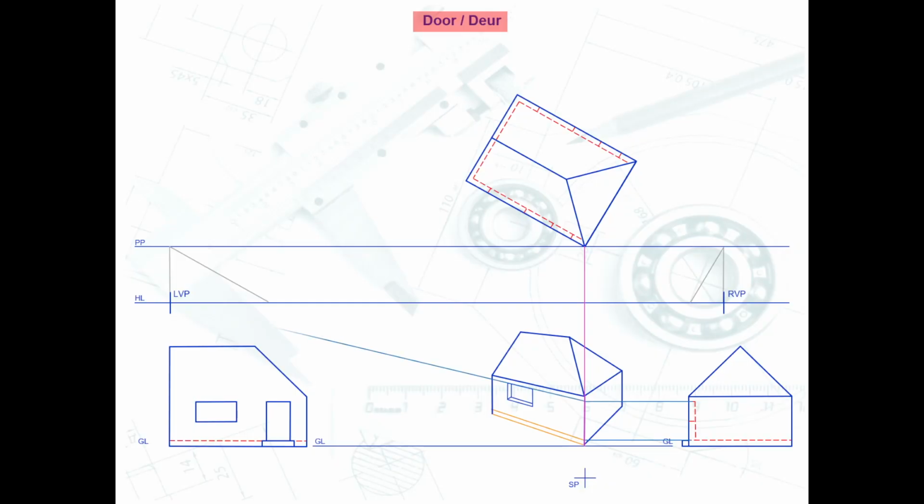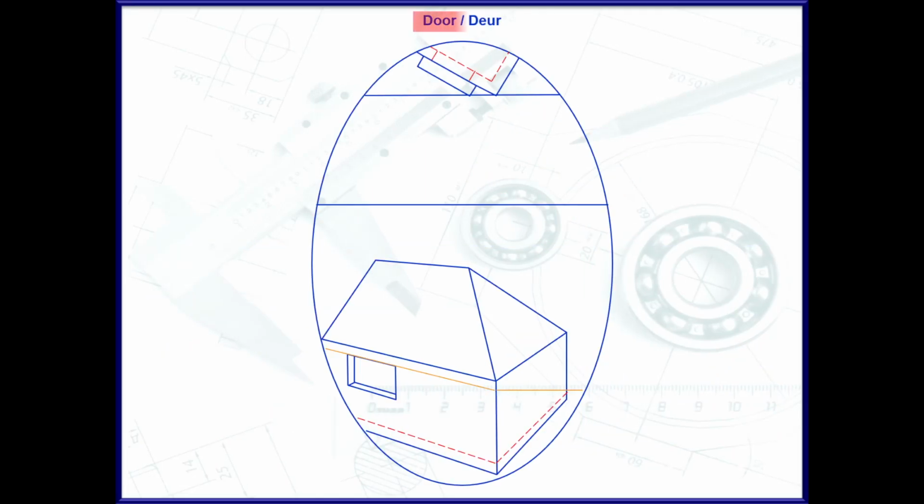Both those points will then be projected towards my left hand vanishing point, and I can see that the height of my door is at the top line that converges to my left hand vanishing point. You can take a closer look at how to get the points in my perspective for my door. I first need to get my height line. I'll project parallel to the sides of the wall, 90 degrees down towards the bottom height of my door. That will be my height line.